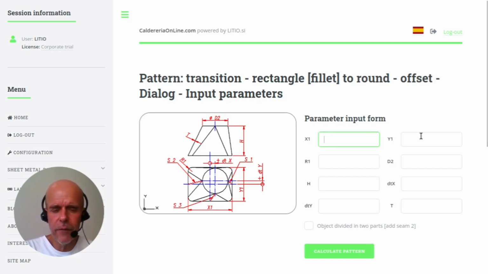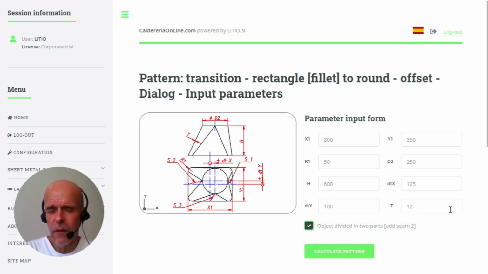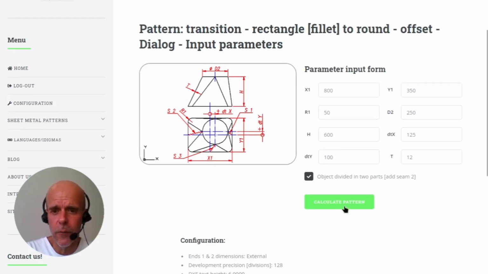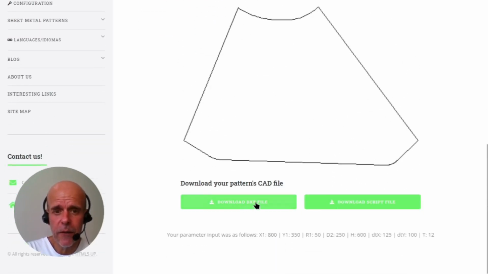So I will enter the parameters the first time, using 12 millimeters, so it is quite clear when we will be viewing this in CAD. As I mentioned, we are using external dimensions for dimensions 1 and 2. So I calculate the pattern. We have the preview, download the DXF file, and